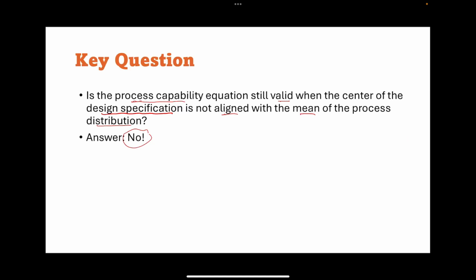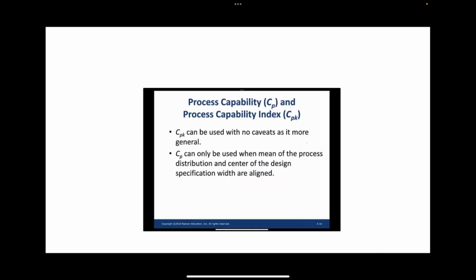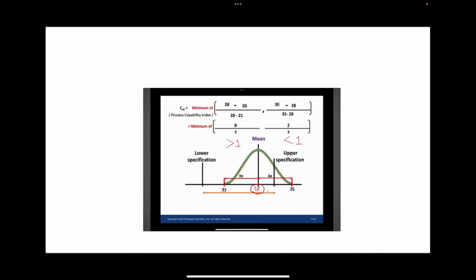Our lower specification limit was 20. So the minimum of (28 minus 20), the mean of the process minus the lower specification limit, by 3 sigma, or